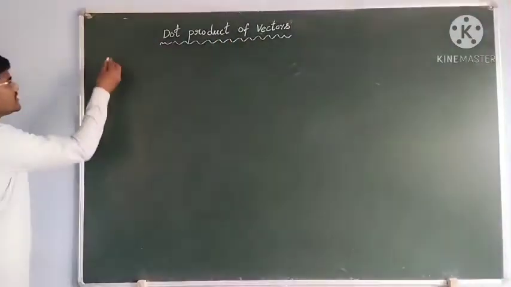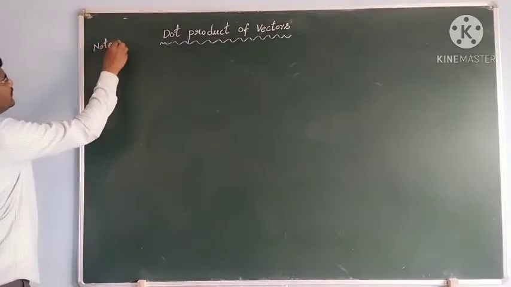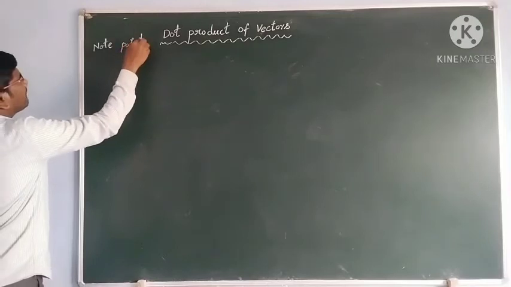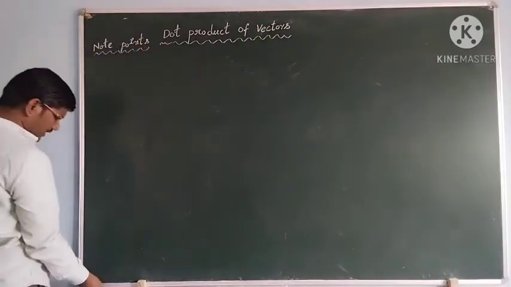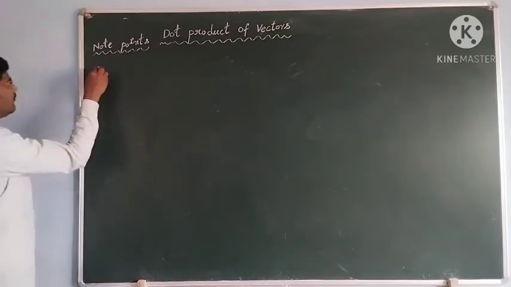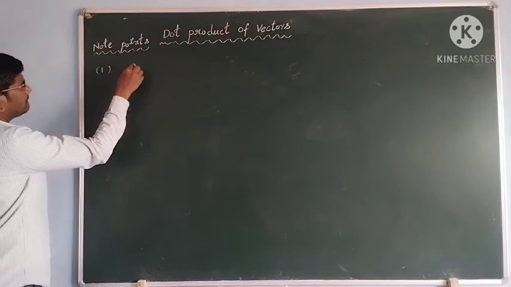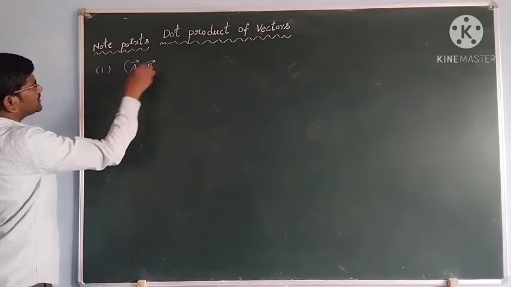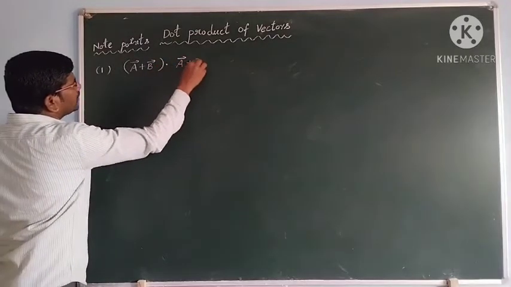Students, some note points we are going to discuss now. Note points. Now see point number 1. (A bar plus B bar) dot (A bar plus B bar)